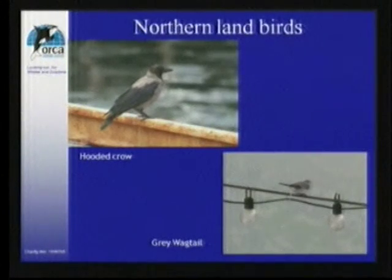And then we had a lot of land birds, and I hope you all got to read all the sightings that were on our notice board by the yacht club. And one of them that a lot of people picked up was this sort of crow here at the top, the hooded crow. We do find those in the